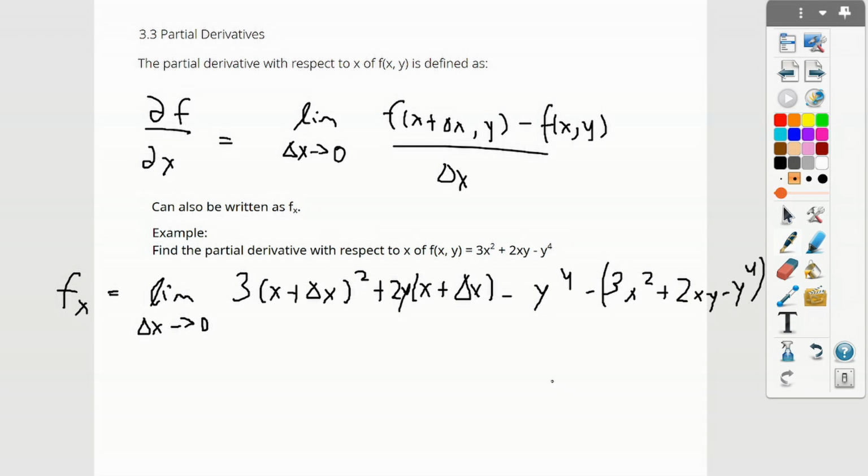I'm sorry if my parents are very loud, but right now we're just going to have to deal with that for now. So limit as this all over delta x